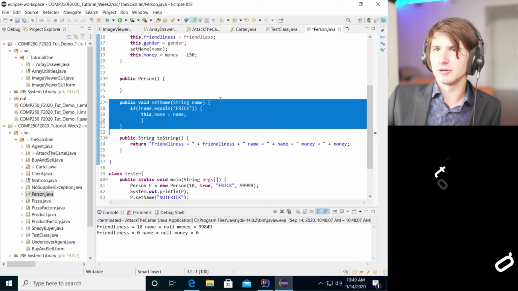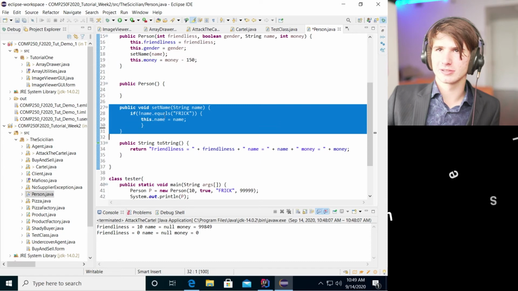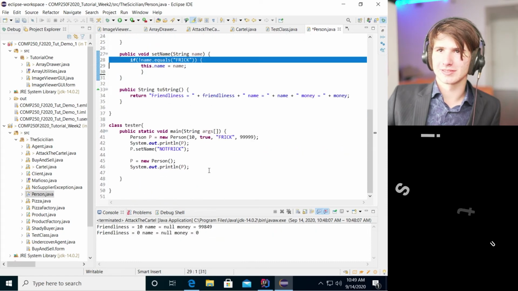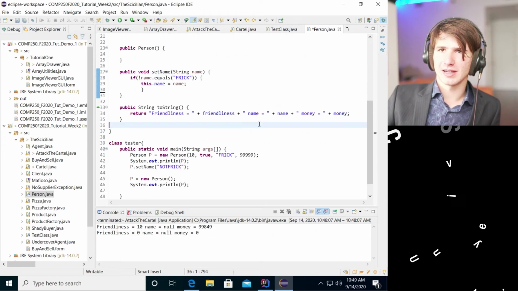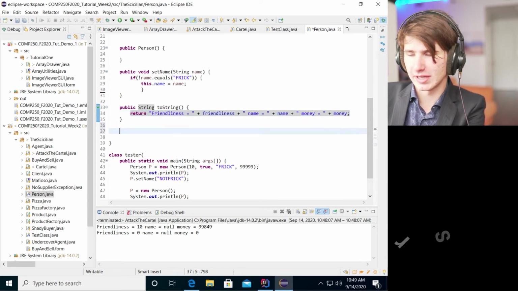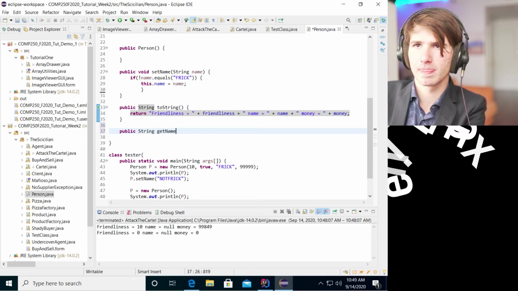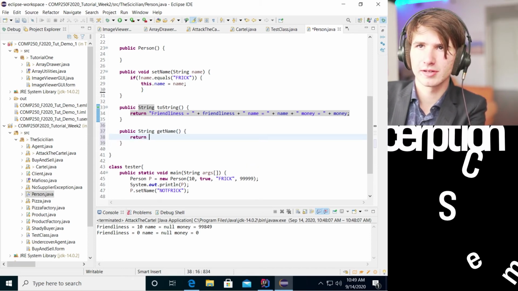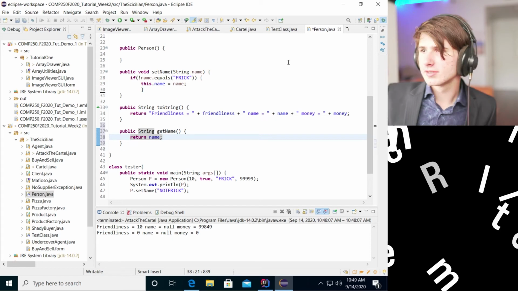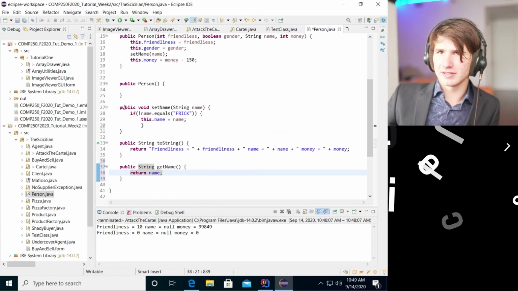Like, the only way we can ever get to name from outside of the class is with a getter. But we also have the other problem that we have no way to get the name, so I'll just quickly do that. I forgot I didn't have a getter, so public String getName, return name. Alright, so now we can actually see that the name can only be set to a string that is not equal to Frick,